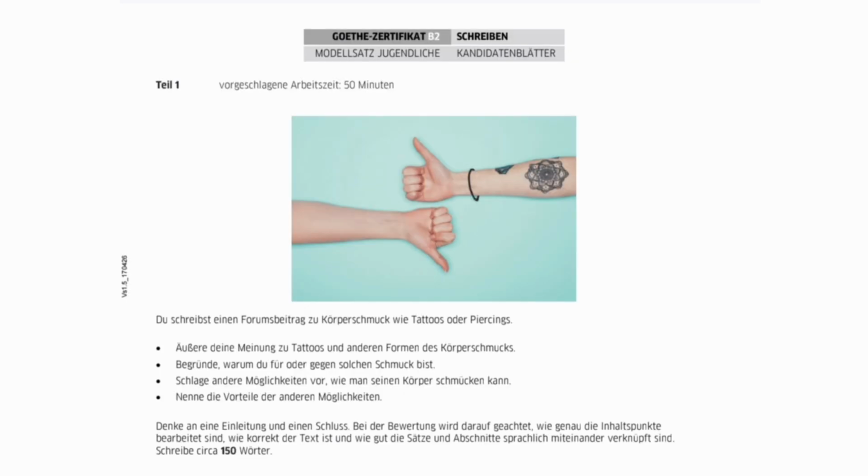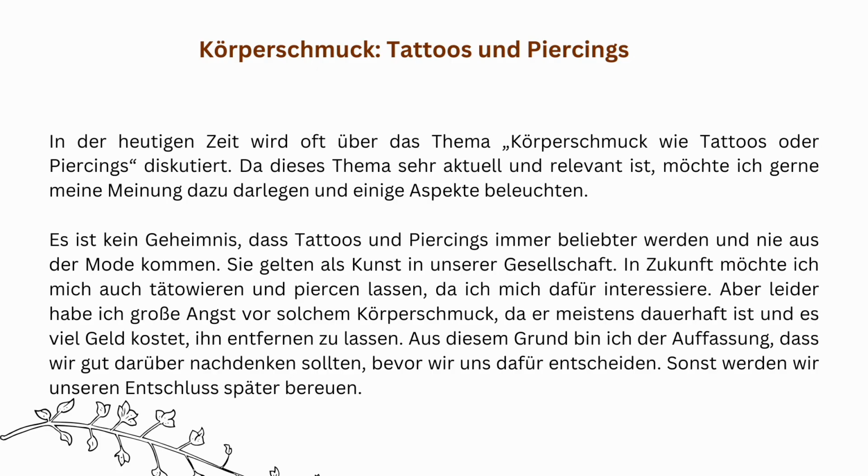So here is an example from a Goethe-Zertifikat B2 Modellsatz. Körperschmuck, Tattoos und Piercings. In der heutigen Zeit wird oft über das Thema Körperschmuck wie Tattoos oder Piercings diskutiert. Da dieses Thema sehr aktuell und relevant ist, möchte ich gerne meine Meinung dazu darlegen und einige Aspekte beleuchten. So, das ist die Einleitung. Und jetzt kommt